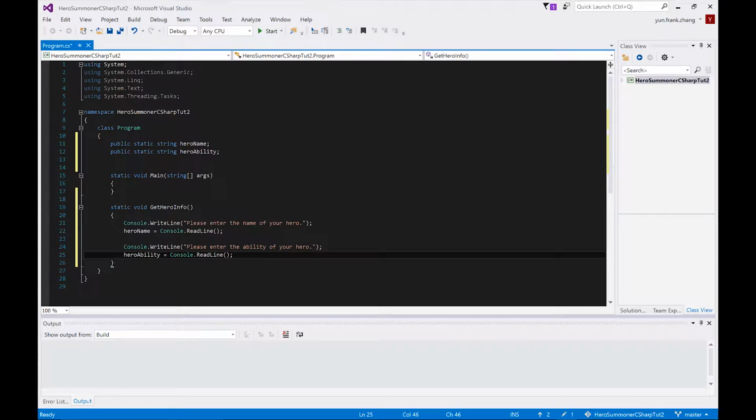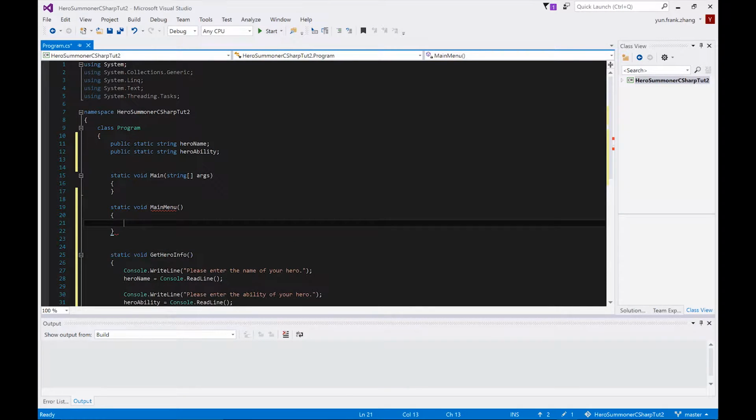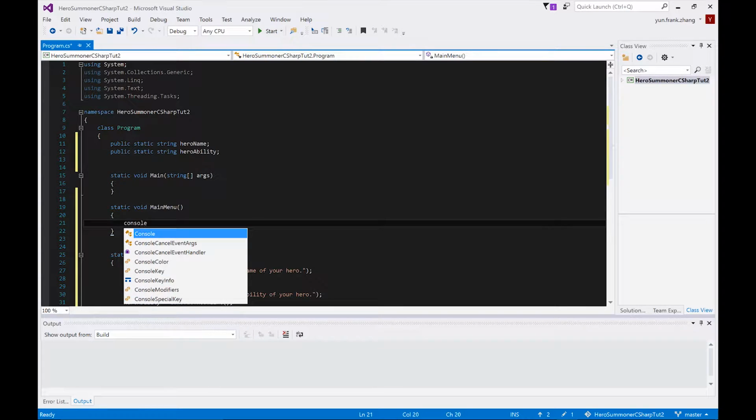And after we have done that, we realize that we have created a method, but we haven't called this method yet. And instead of calling this method directly from the Main method, which is the entry point of this application, we're going to create another method and call it MainMenu, and call the MainMenu method from the Main method. So we're going to create yet another static void method and name it MainMenu, empty arguments, curly braces, and we're going to say